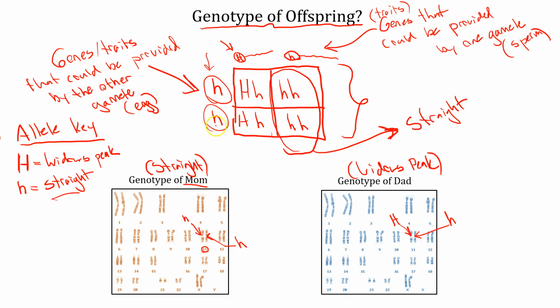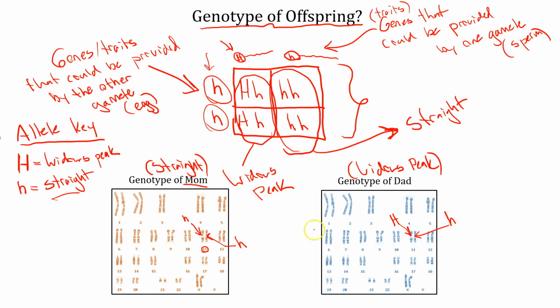Okay, and then 2 of the 4 over here have the dominant allele, so these would be the widow's peak. So if I was interested to know what the phenotypes would be of the offspring concerning this trait of hairline,